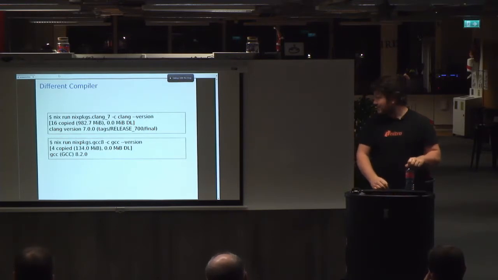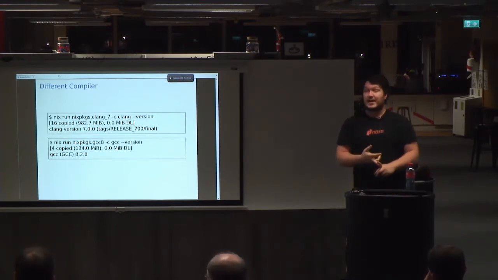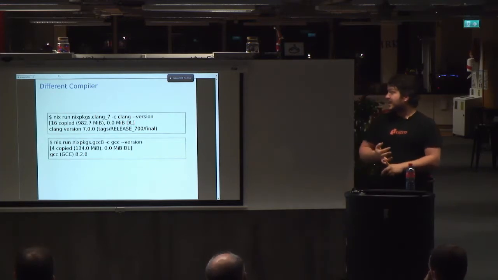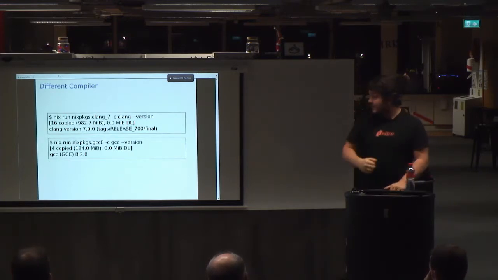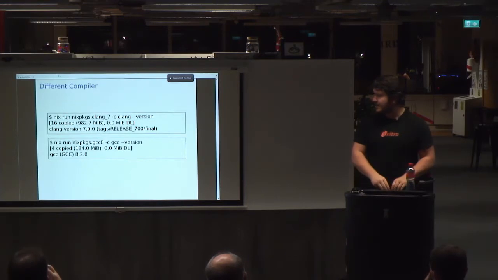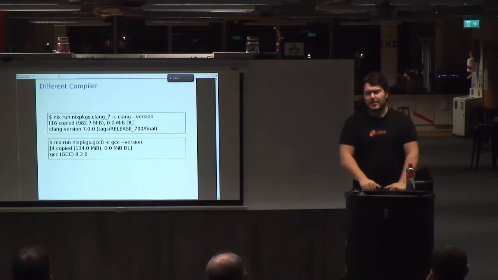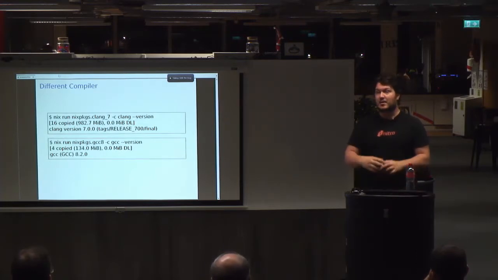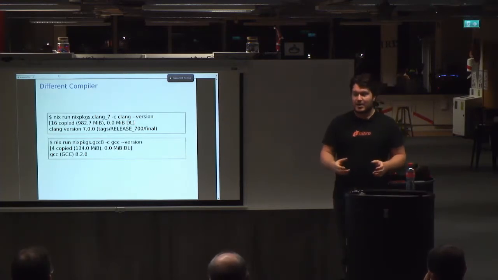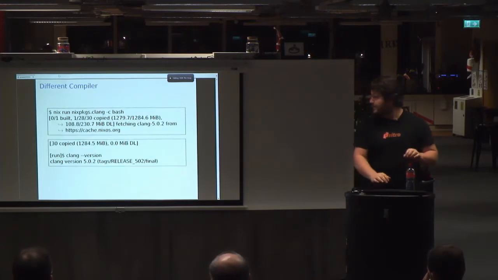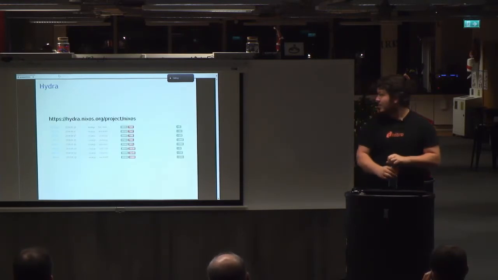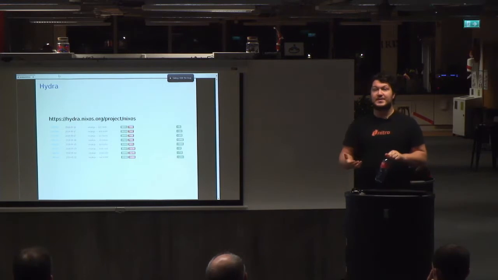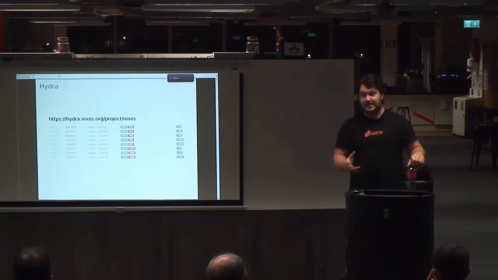So what's next? Oh, so GCC, Clang, different versions of Clang, Clang 7, GCC 8. So I think the version of GCC was 5 or 6 earlier. And the reason GCC 8 isn't the default is because not all packages in the Nix ecosystem can build with GCC 8. But someone created a GCC 8 branch for Nix packages.